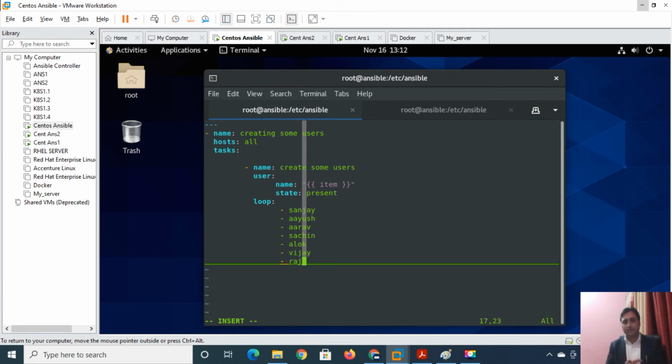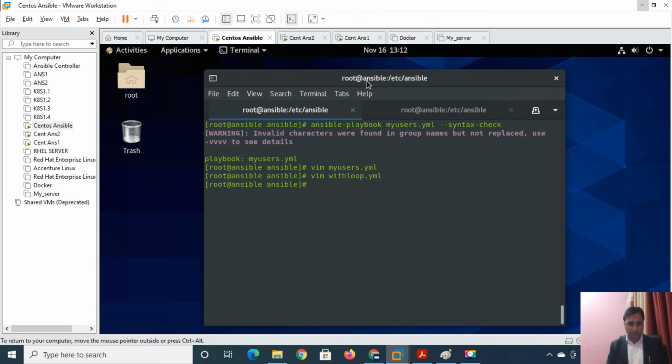So now you can see. Let me save this playbook, and again ansible-playbook with, let me do the syntax hyphen check.